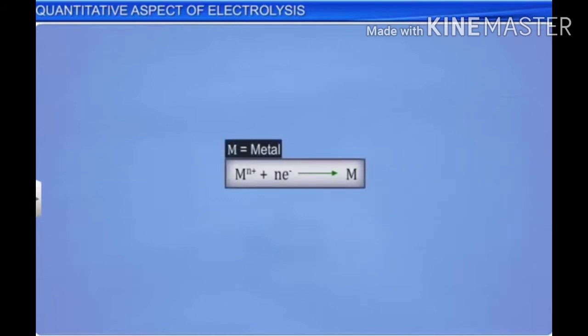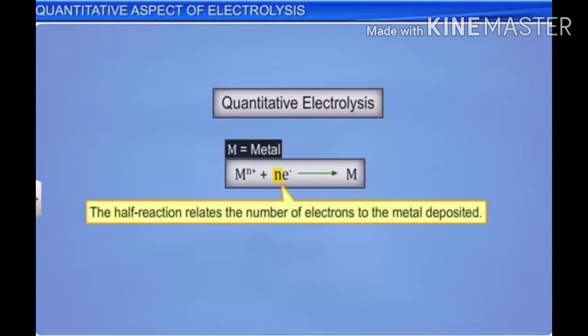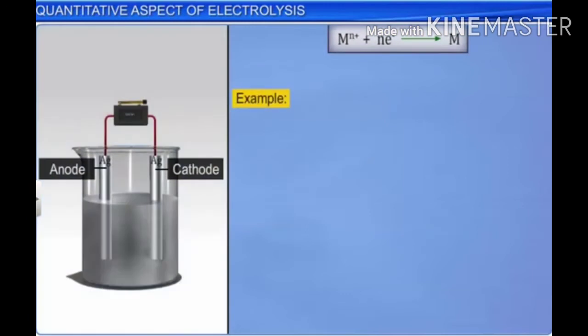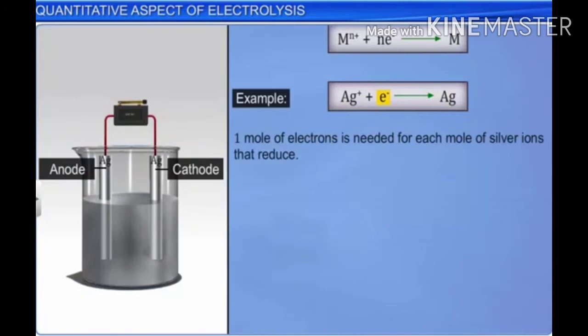The stoichiometry of the half reaction needs to be considered in quantitative electrolysis. The half reaction relates the number of electrons to the metal deposited. For example, in the reduction of silver ions, 1 mole of electrons is needed for each mole of silver ions